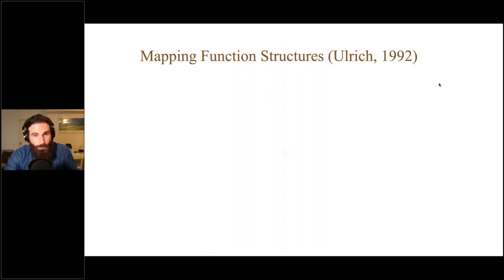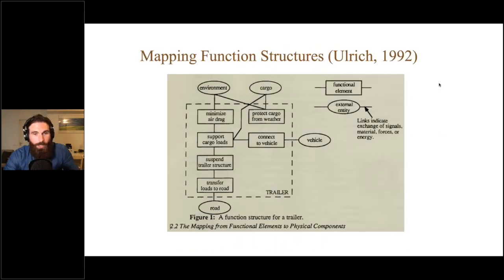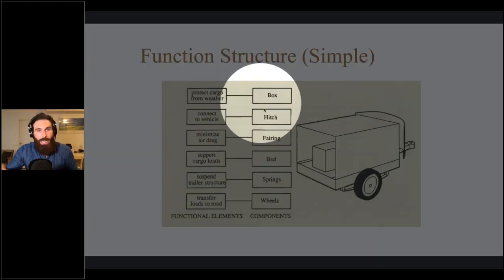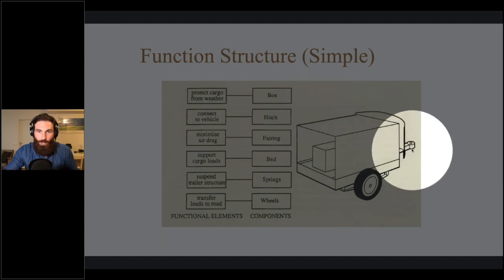So in my research, what I've been looking at is this classic design theory. This is a roadmap for how to build a trailer that you would connect to a car. And essentially, the idea is looking at what does this thing actually need to do, and then what are the components that make it do that. So here's the example of a trailer, which is on the left. What does it need to do? Okay, it needs to, for example, connect to a vehicle. Well, you need to design a hitch for that, and that hitch goes there.